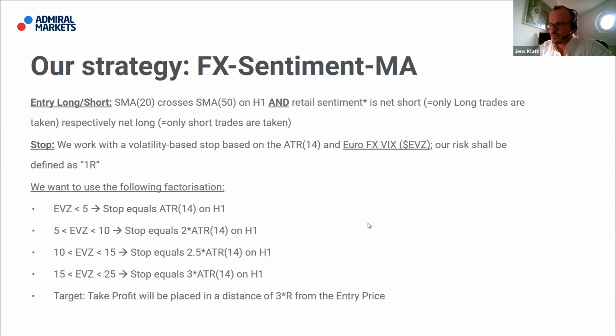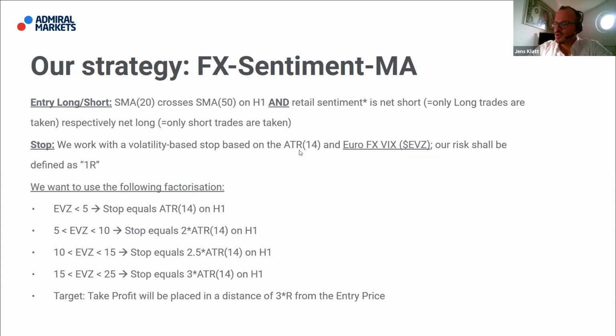Then we have our entry signals being generated. Now the question is, what about the stop? What about the potential take profit levels? The stop is a little difficult, or at least looks a little difficult. It's something which I included after coming to the conclusion that the volatility-based stop works quite well with this approach, which you can see in the backtest result. So when we work with a volatility-based stop,